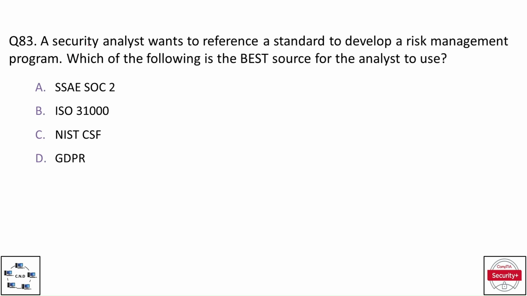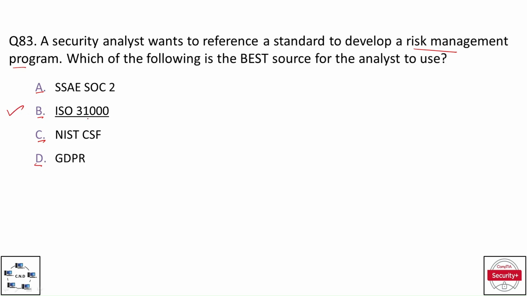Question number 83. A security analyst wants to reference a standard to develop a risk management program. Which of the following is the best source for the analyst to use? And the options are option A, SSAE SOC 2, option B, ISO 31000, option C, NIST CSF, that is Cybersecurity Framework, and option D, GDPR. And the correct option is